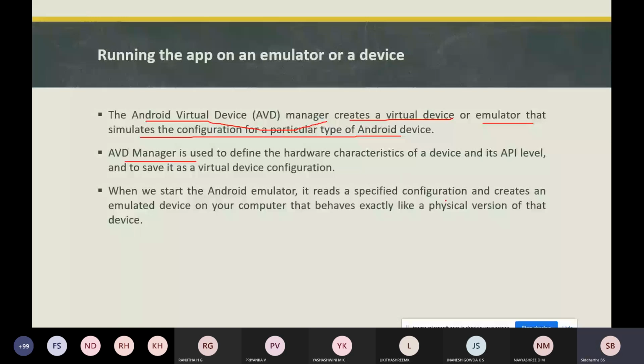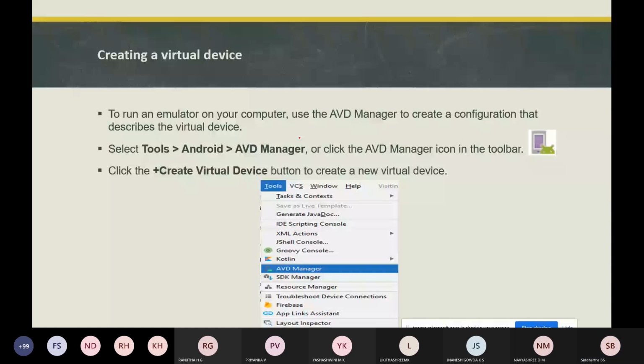Next is how to create a virtual device. Okay. To run an emulator on your computer, the AVD manager creates the configuration, as I said. So how do you do it? You go for Tools. I have given an image here. This is an older syllabus textbook, so that's why it says Android AVD manager. But in the newer Android Studio, there is an Android manager directly.